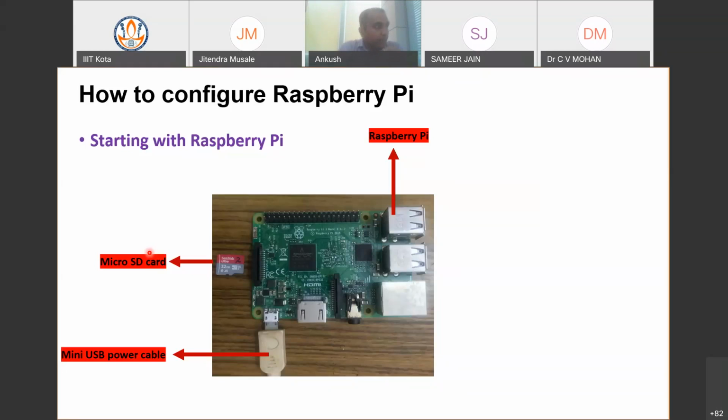So in order to start this Raspberry Pi, what we need immediately, I mean, if let's say we have a Raspberry Pi board, so this is one of the Raspberry Pi boards, which you all can see here. It's a very small board, something like a credit card size. And what you require is,